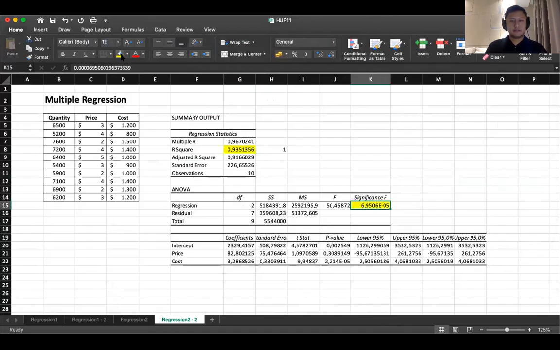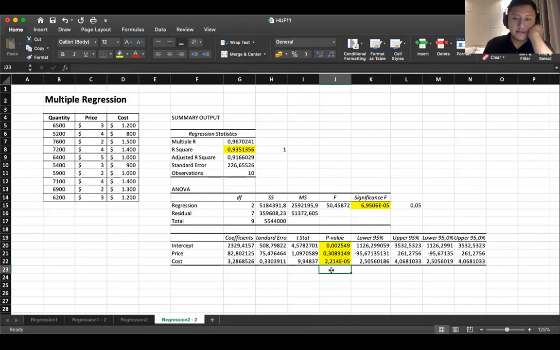And for our significance F, we still need to change the number, but if it's below 0.05, it's good. But if it's above 0.05, it's not good. And then for the p-value,